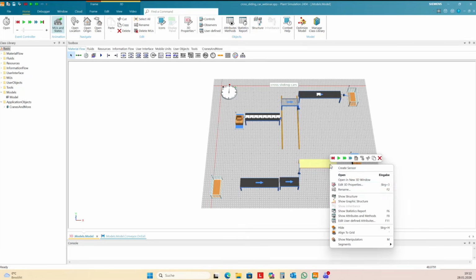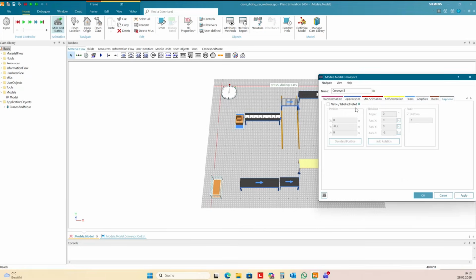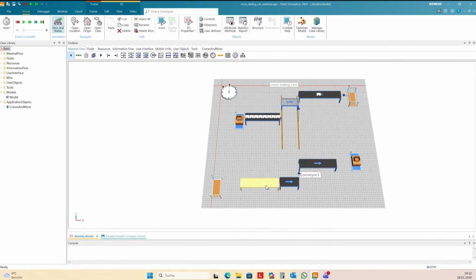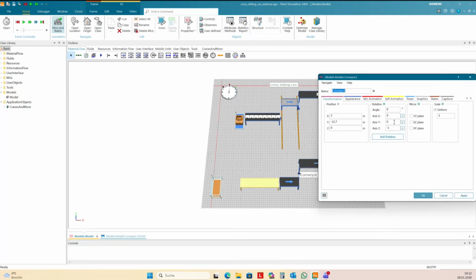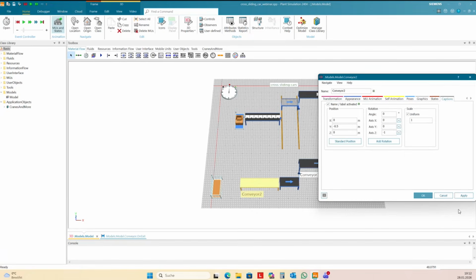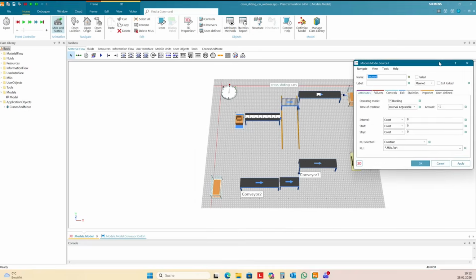This is conveyor 3. I switch on the caption. And this is conveyor 2. Okay, I need an exit control here.